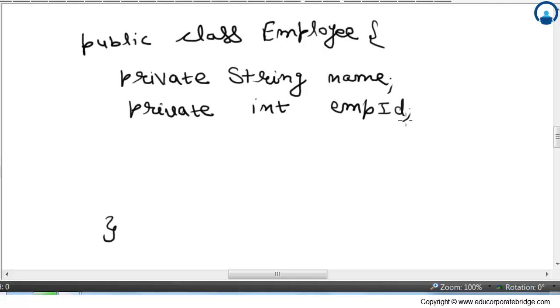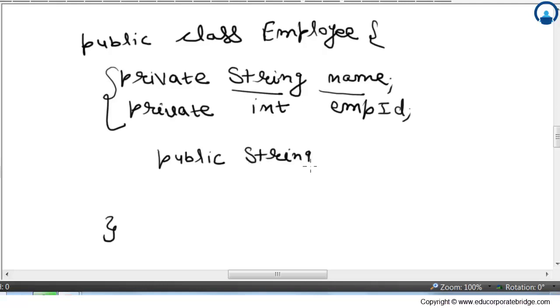So a POJO bean will have private variables and public getters and setters. If you've ever created a POJO bean, then you know the basic syntax of creating getter and setter methods. I'll create one getter and setter for the name variable only, to show you. Basically, for the getter you have the access modifier public, and then the return type is